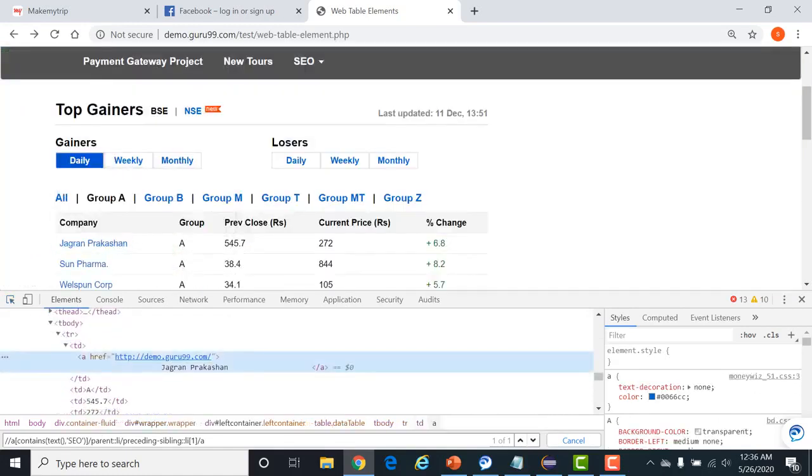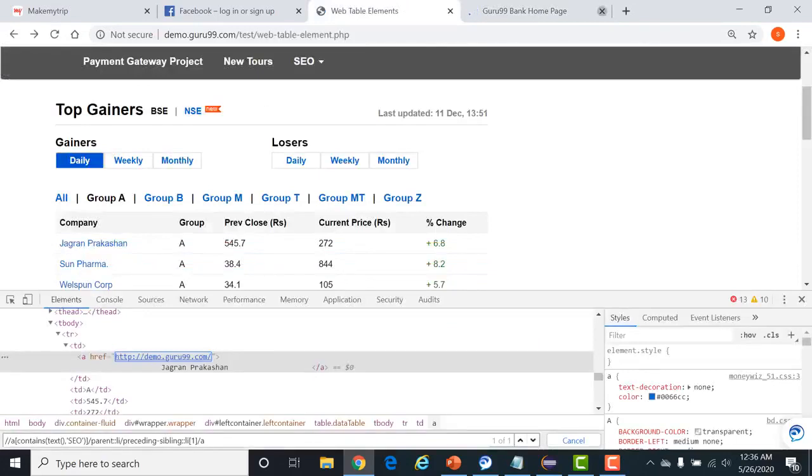First of all, we'll write the locator of this Jagran Prakashan. As this is fixed, we can directly copy this text. We'll write the contains text as this. This is the a tag. Now it is identifying the locator, this particular element, right?